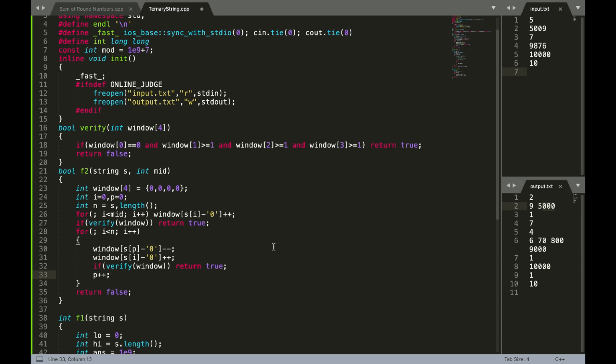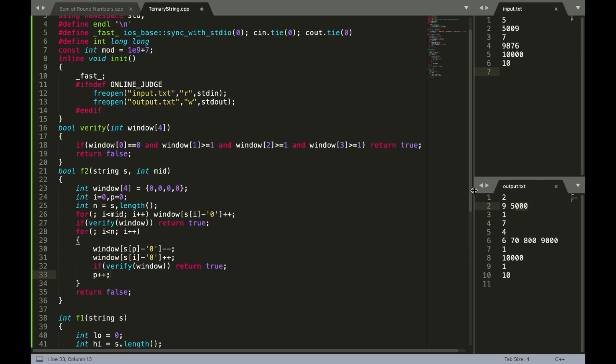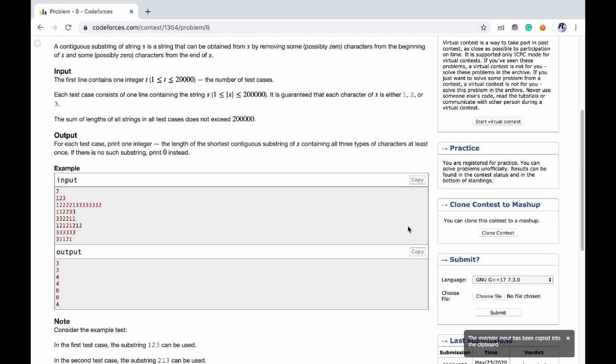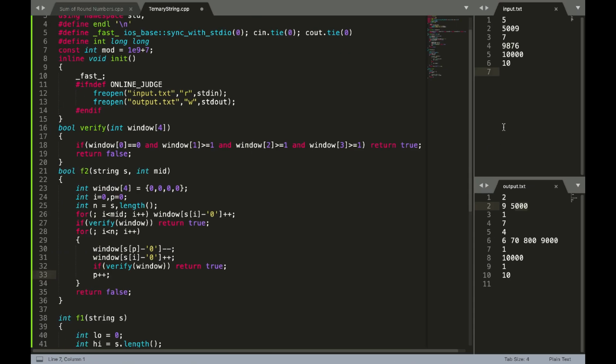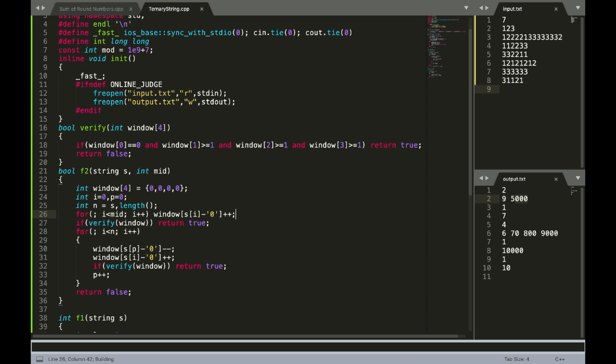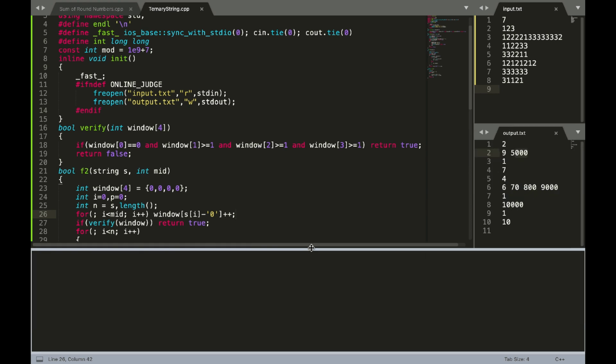So now let's check whether our algorithm is working fine or not. So what will I do? I will copy this. Okay, it's taking time.